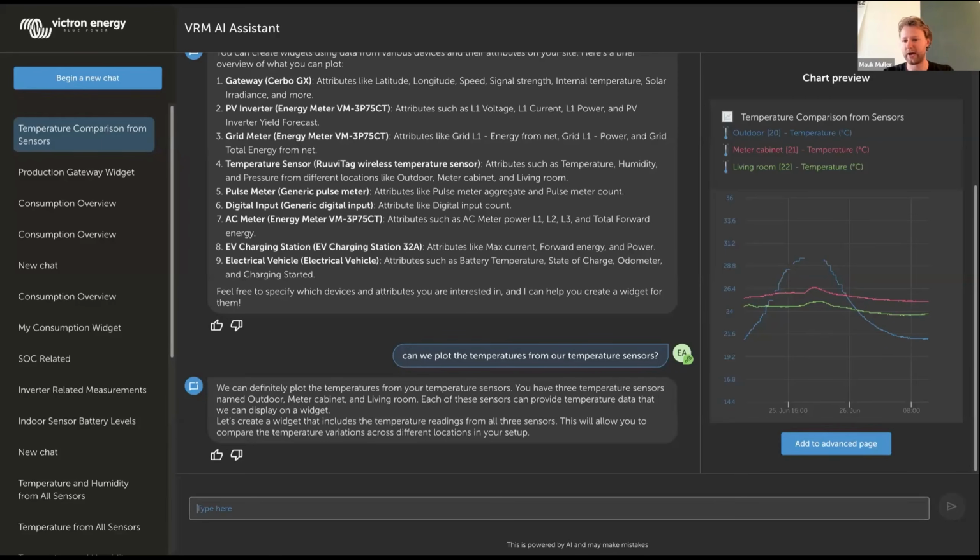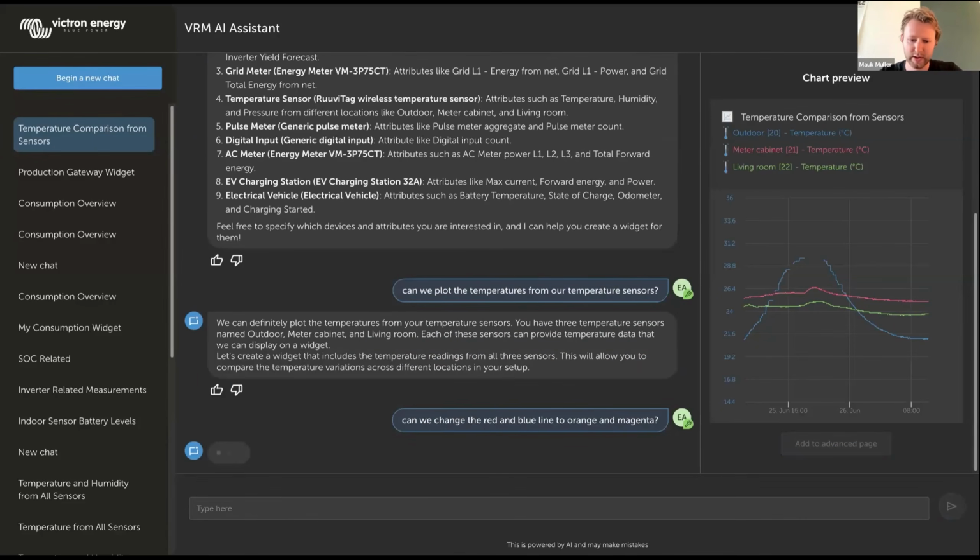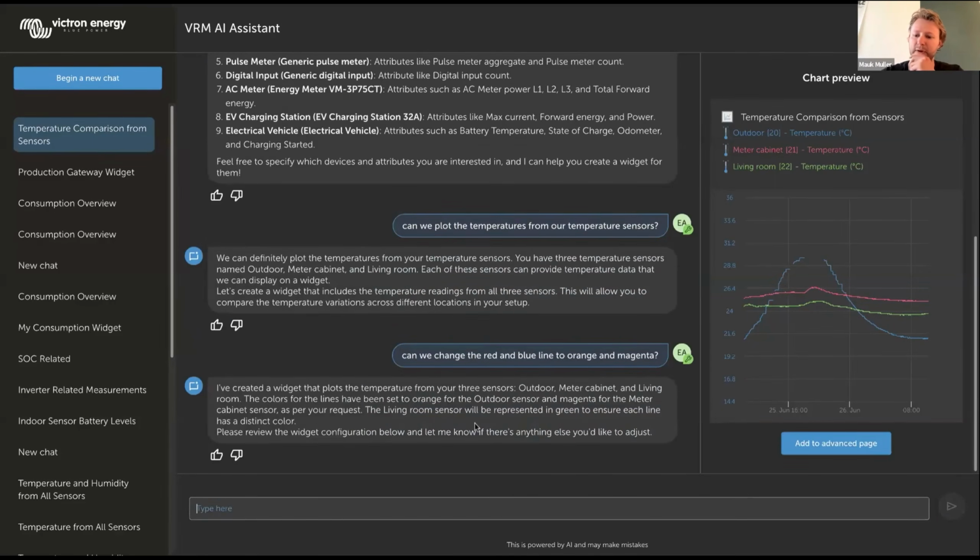So for example, we have red and blue lines, but if we want to change the colors, just like in the widget creation, we can ask it, can we change the red and blue line to say orange and magenta? Let's see if it can figure that one out. Yeah, so we can have it change the colors through natural language. So the red and blue line have been changed to orange and magenta.